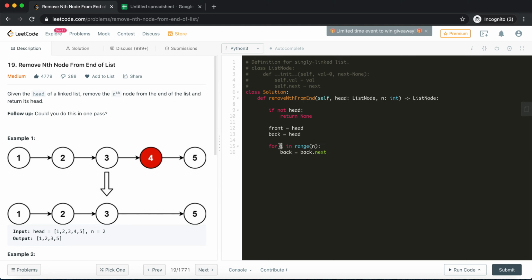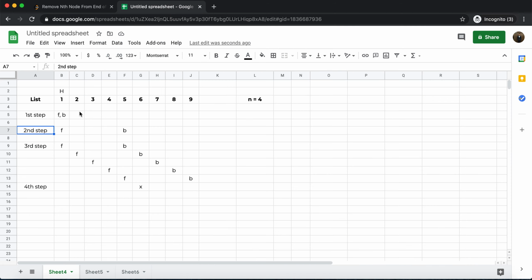Right, so this is the index, but I actually don't want it. So in Python, the convention is that if you're not using the index in your loop, then you should replace it with the underscore, so that it makes it clear that okay, I just want to loop over n times, but I don't want to make use of index in my logic. So I'll just do that. Great. So now the second step is over.